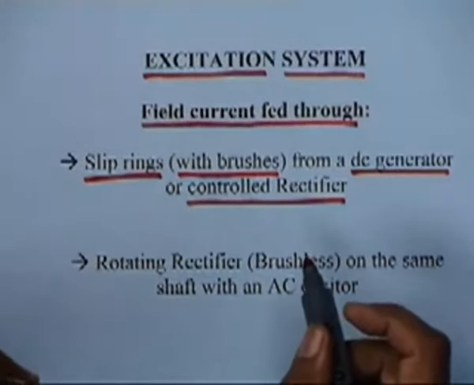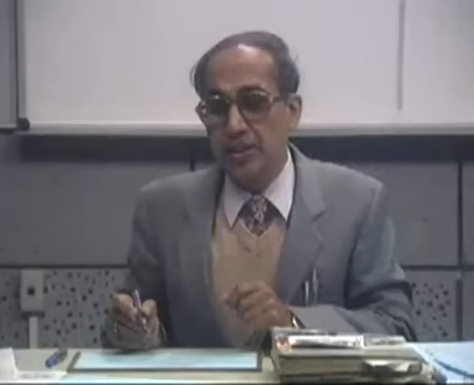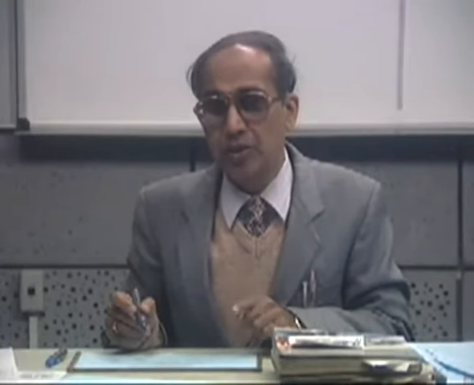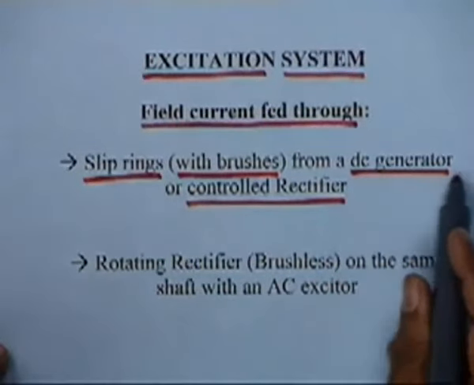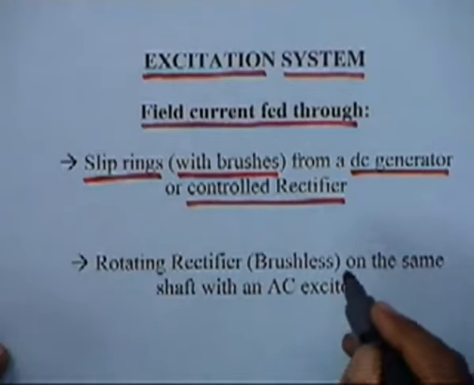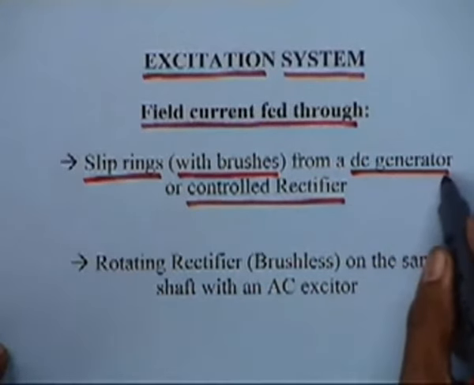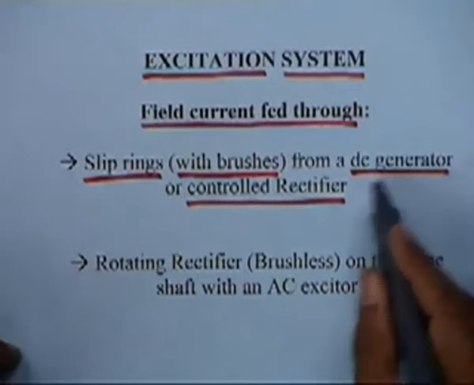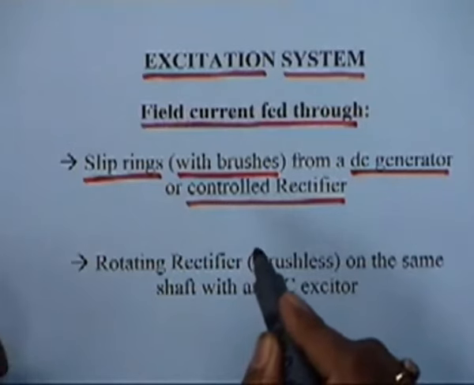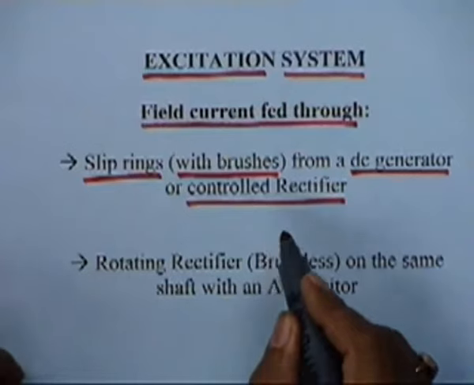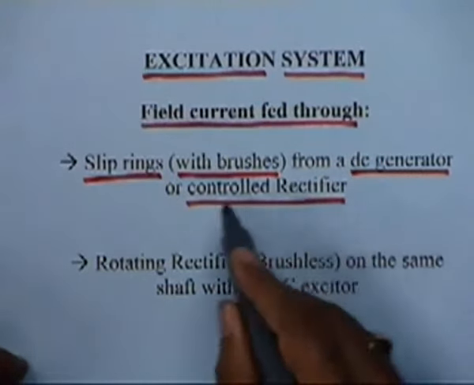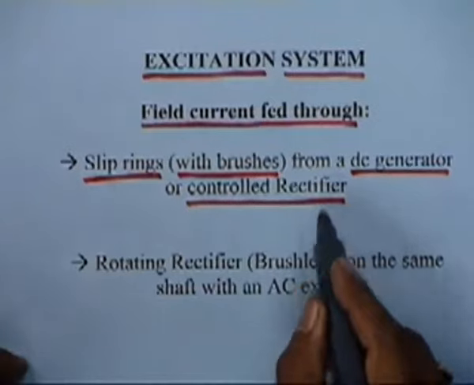And we know that the voltage induced in these generators is proportional to the flux, or the field current. So if you want to control the voltage, you must control the flux, or control the field current. That means the voltage across the field winding must be variable. With a DC generator, it is varied by controlling the field current of the DC generator. In a controlled rectifier, it is varied by controlling the so-called firing angle of the rectifier circuits, from which the output DC can be varied from 0 to full value.